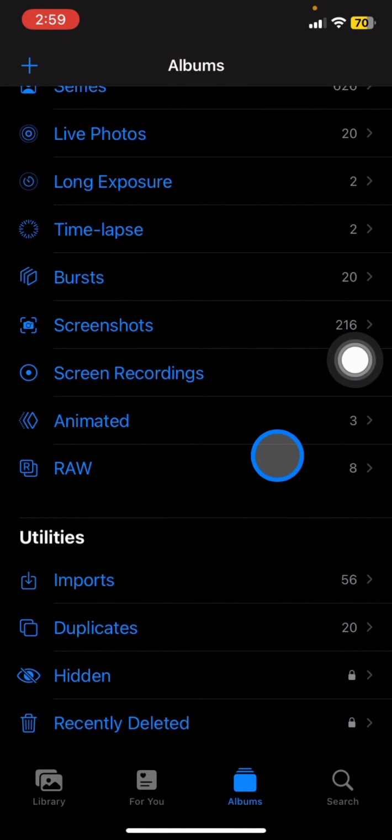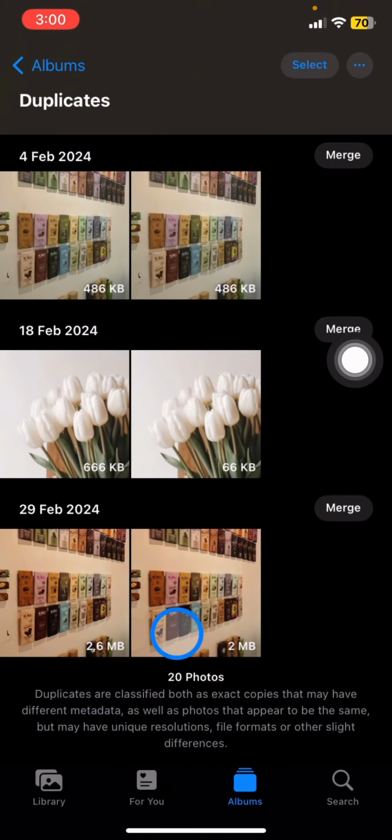The duplicates option is in the Albums section, so make sure that you go into this section, and right after that scroll down until you find the utilities. There will be four options: imports, duplicates, hidden, and recently deleted. To find duplicate photos, you just need to visit duplicates, and it will give you information